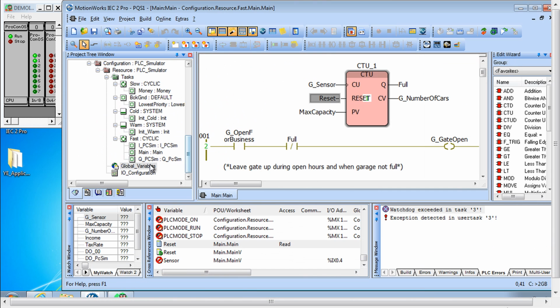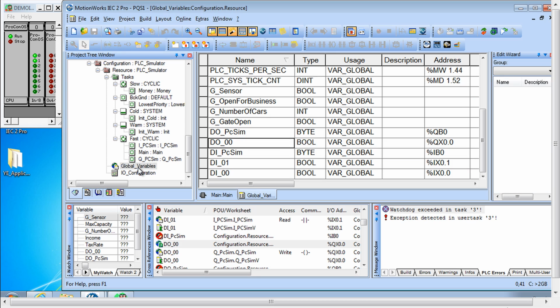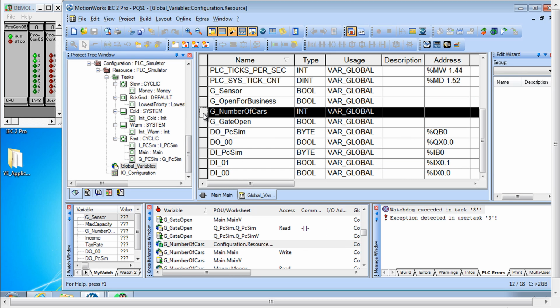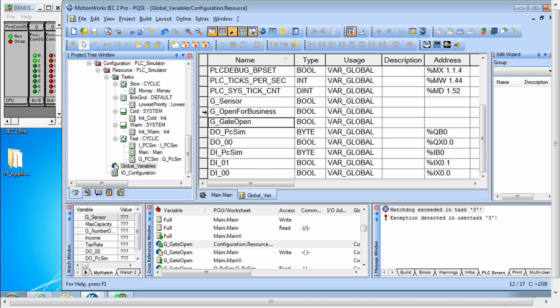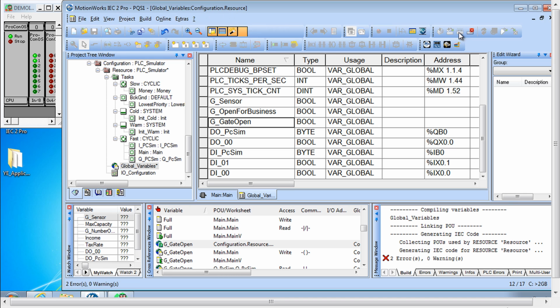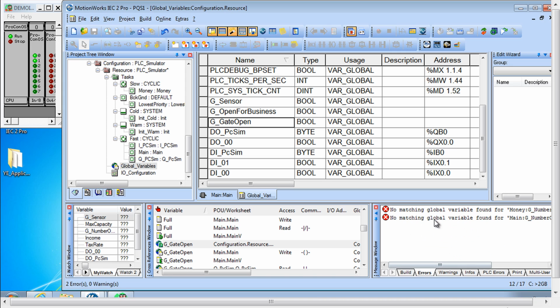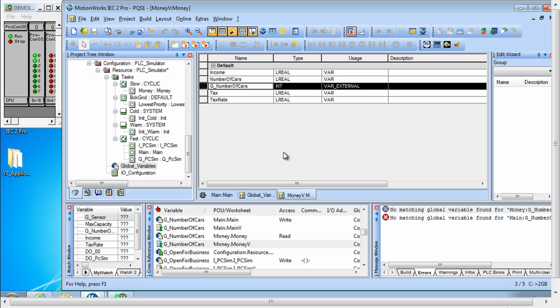So just to demonstrate that, let's go to global variables. And we've got a variable like G number of cars, which we know is used in other programs. If I just delete it and then click make, I have these two errors. It says no matching global variable found. And I would like to point out, if you haven't noticed it yet, you can double click right on the error and see that it brings up